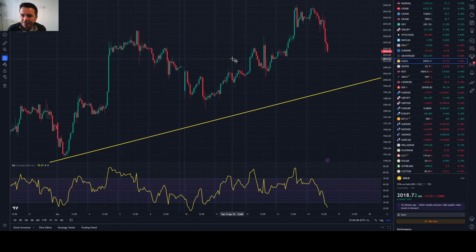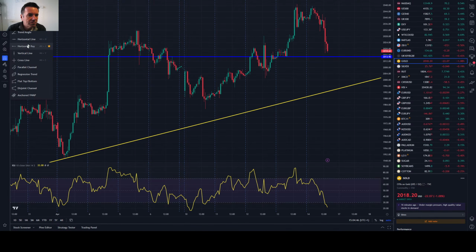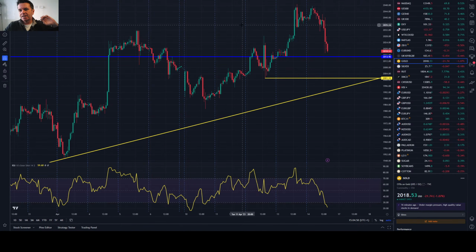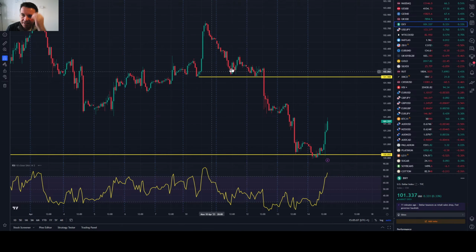Let's have a look. Yesterday's low. We're near yesterday's low now on gold. And what was the day before's low? Wednesday's low. So $2,000, let's call it. So 2000 to 2015 has been good short-term support on gold. It's currently trading at 2019. Let's see what happens this afternoon. Do we see the buyers come back in? I'm guessing so, because the US dollar is having a bit of a run.